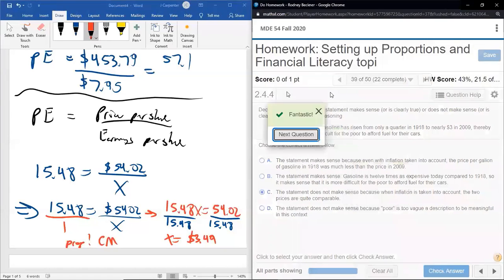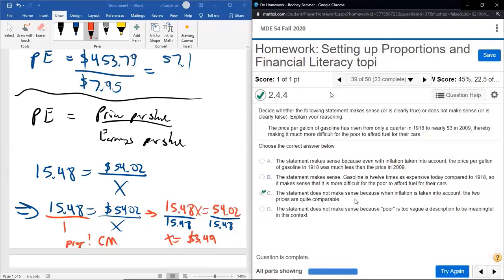And that's what I expected. That was correct. The statement does not make sense because when inflation is taken into account, the price of goods tends to go up on average every year. When you look at it year by year, they go up by small amounts for every consumer good possible. But when you look at 90 years, all those small increases will add up to a big